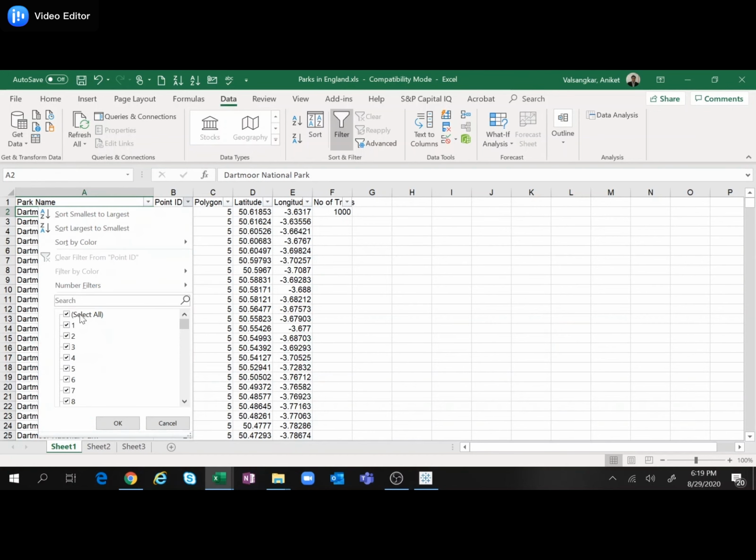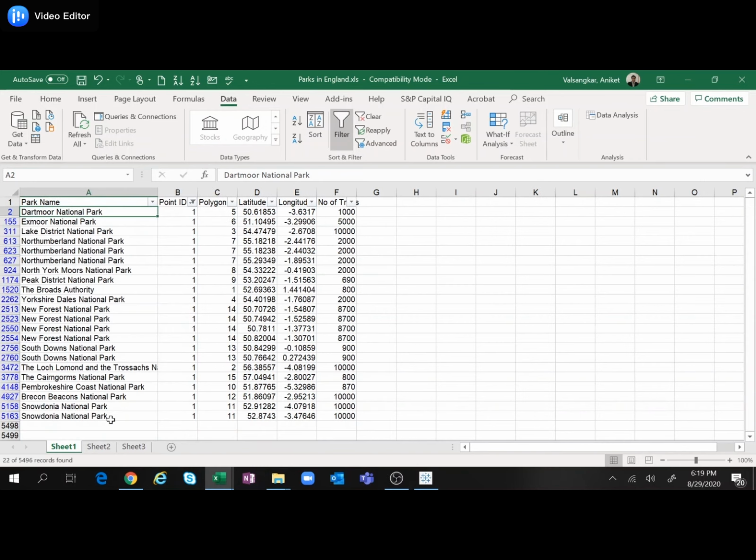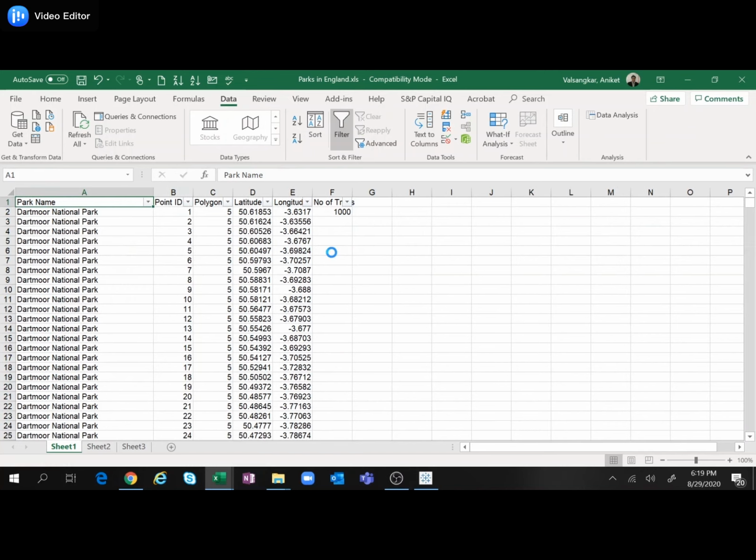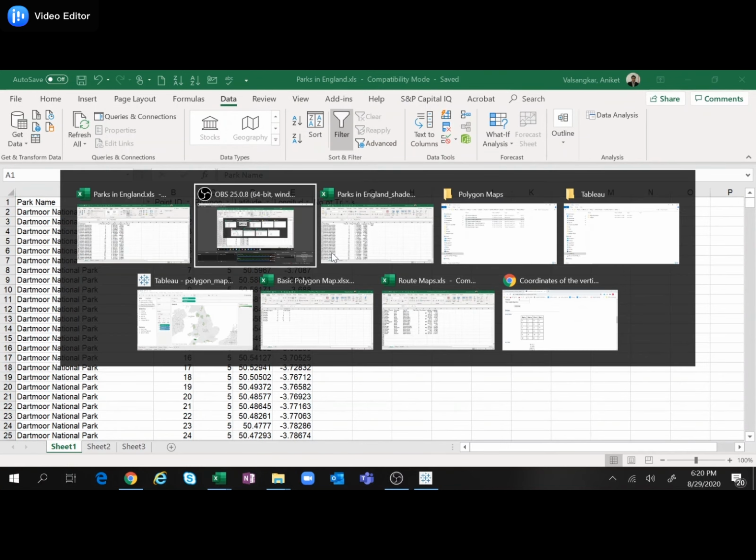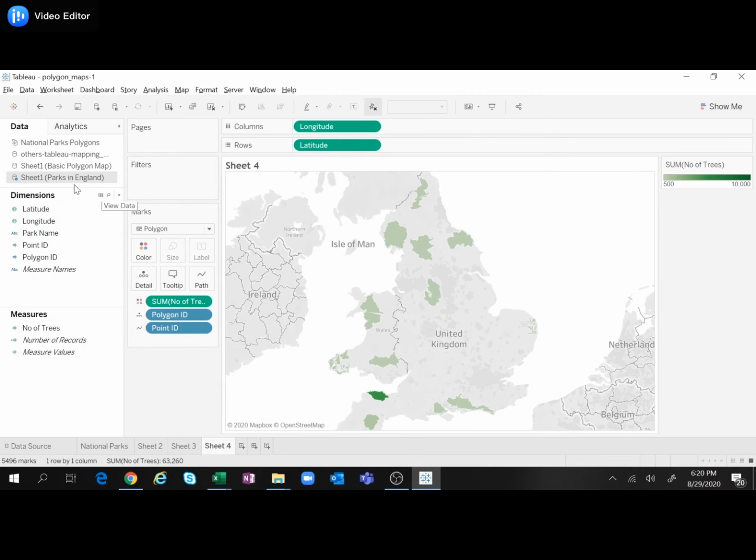So let us check whether it is correctly placed. And now we can see for each and every point ID 1, we have the number of trees correctly. So I'll just save this, and I'll check whether this works. I'll refresh the dataset.